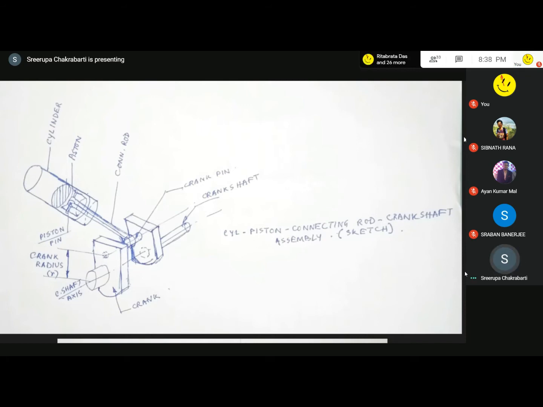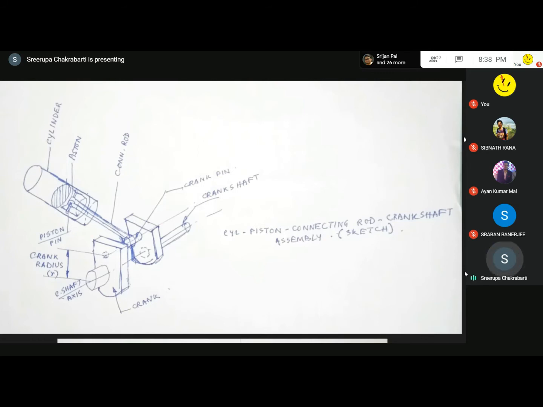See, this is the scheme of a 4-stroke engine. 4 movements of the piston are necessary. Why will the piston move in all the 4 strokes? The reason is that the stored energy in the flywheel and the crankshaft will allow the piston to continue its journey. So out of 4 strokes, only 1 stroke is the power stroke. And the 3 other strokes, that is the suction, compression, and exhaust, are all power consuming strokes.